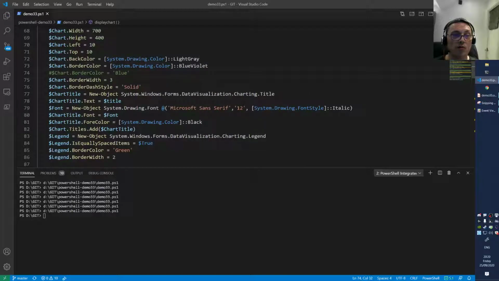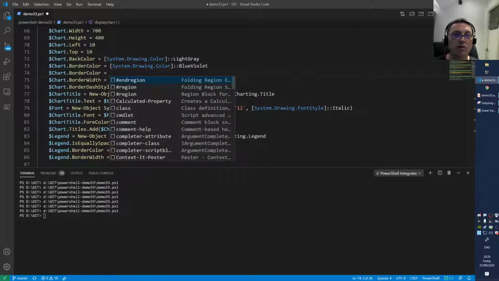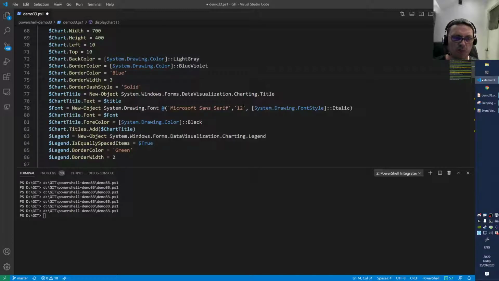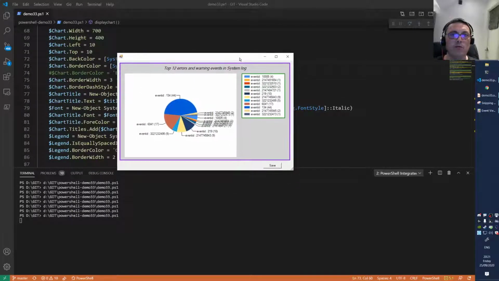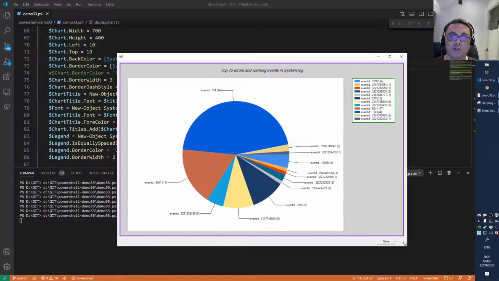See, and you don't get that here, of course. If you do it here, it's just the string, right? It shows you nothing. It doesn't know what you want to stick in. So you can stick in blue here, but you really need to know the name. And what I show you here is that you can basically also do that via .NET. And I don't know if this works, so we will see. I'm also testing. You see? So now we have a blue violet border around our chart.